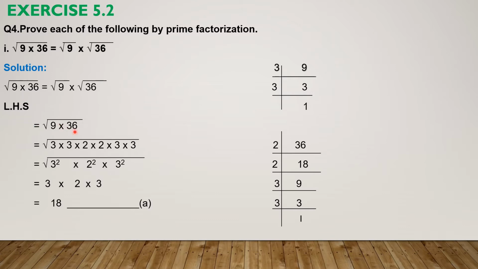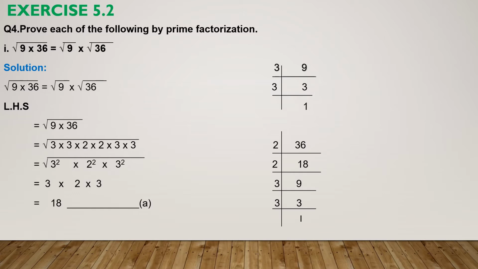Now, the same method that we applied in the previous questions, we will find the prime factors of 9. Prime factors of 9 are 3 multiplied by 3. We have learned this method: 3 3s are 9, 3 1s are 3. So instead of 9, we will write its prime factors, and instead of 36, we will write the prime factors of 36. I find the prime factors of 36 with the same method as we learned in previous classes. Now, instead of 36, we will write all of its prime factors.